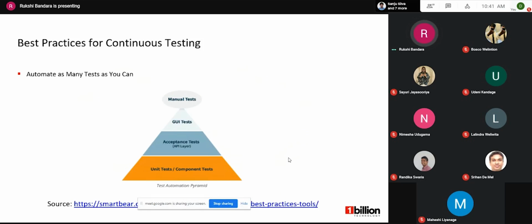So here, the first one is to automate as many tests as you can. Continuous testing means, as I previously mentioned, testing early and often. This is obviously a major challenge for the DevOps team if the applications in the pipeline are constantly being updated via continuous integration, where the code is integrated into a shared repository on a constant basis.